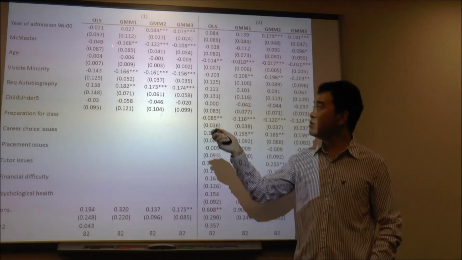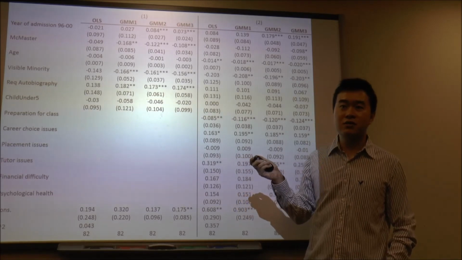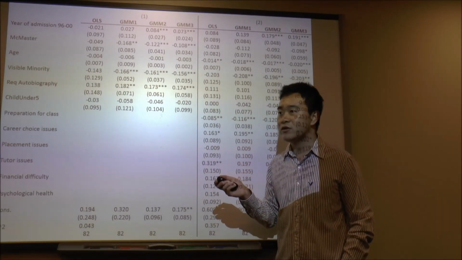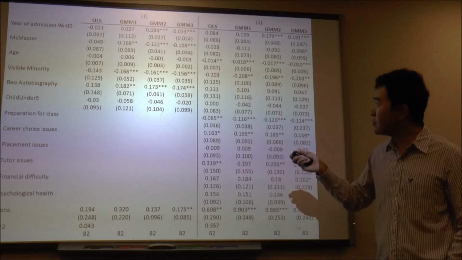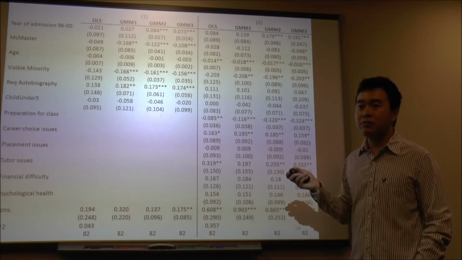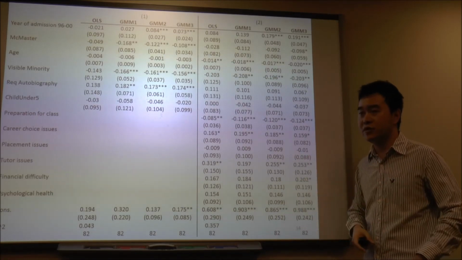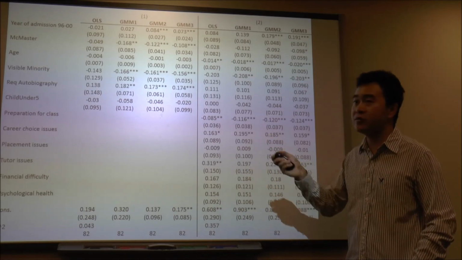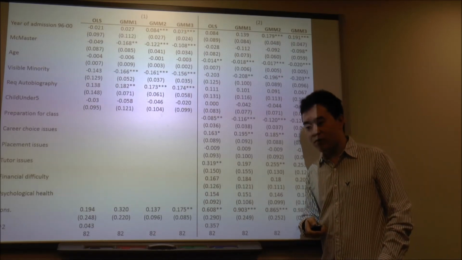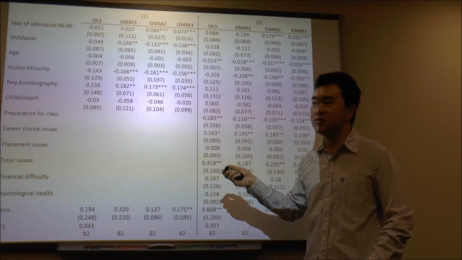The first is that we do see that with the OLS result, by using the survey data, we cannot draw any conclusion about the correlation between the different variables and whether they drop out. However, GMM 1, 2, 3 all show that if you're from McMaster University, you are less likely to drop out, which we also see from the comparison between the administrative data and the survey data, and these can capture that. However, the survey may be missing lots of